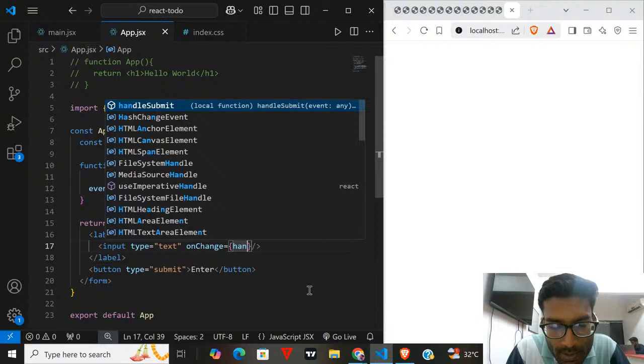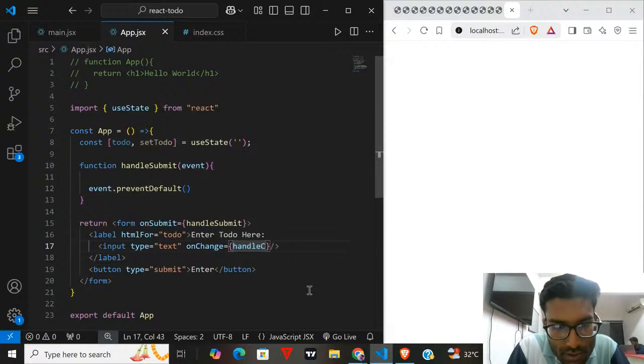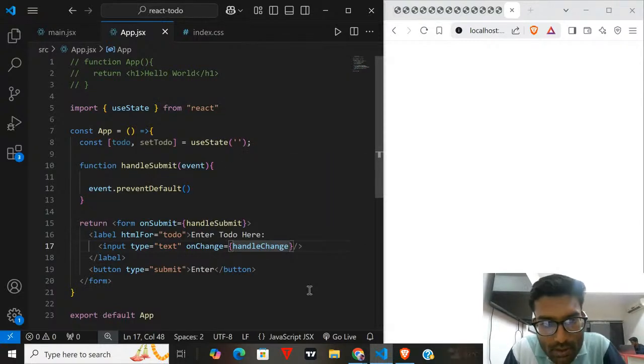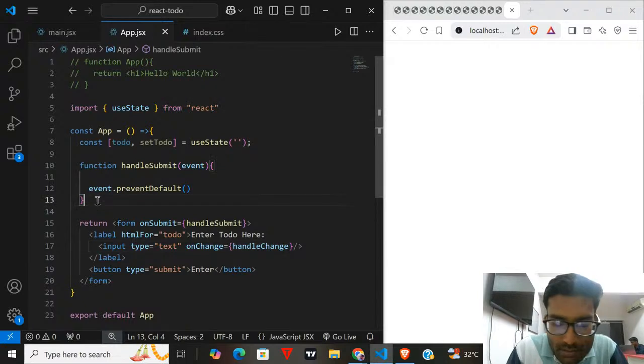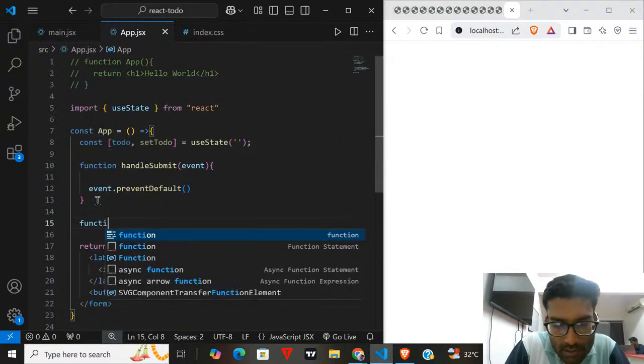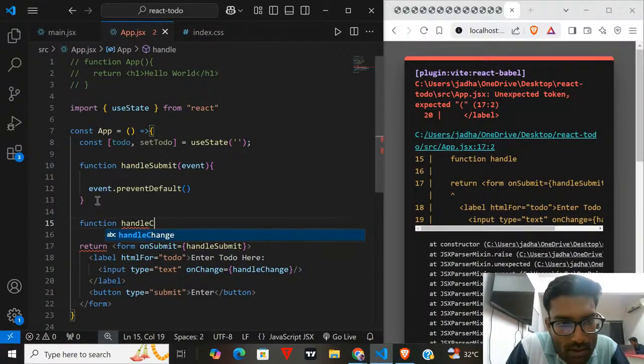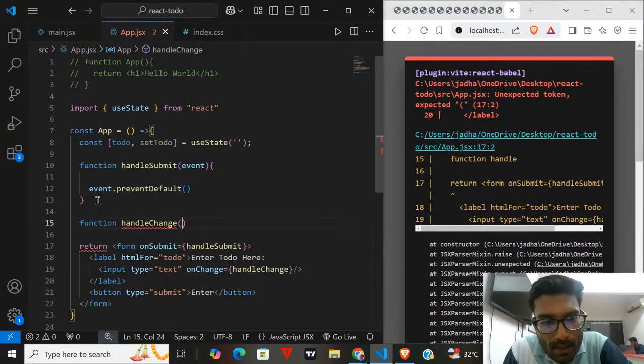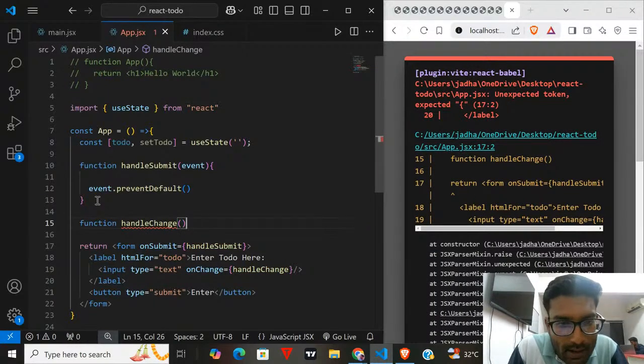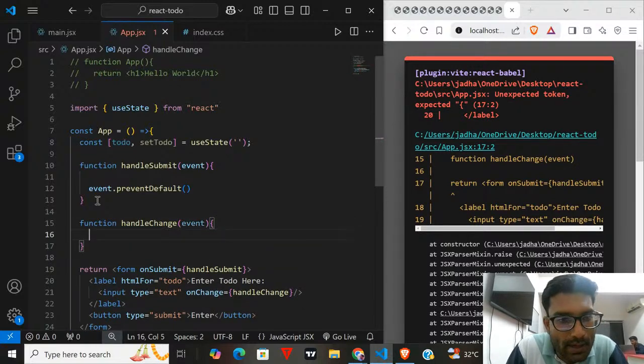So I will make another function, handleChange. Make one more function, function handleChange. This function will handle the change, and inside this we will take the event as the parameter.